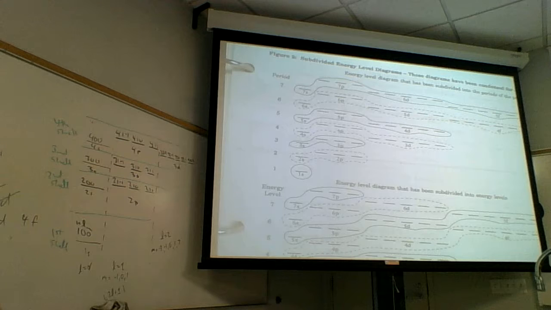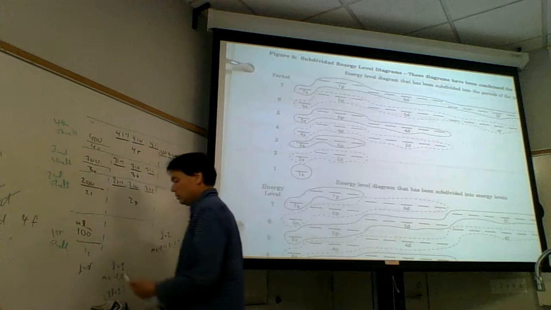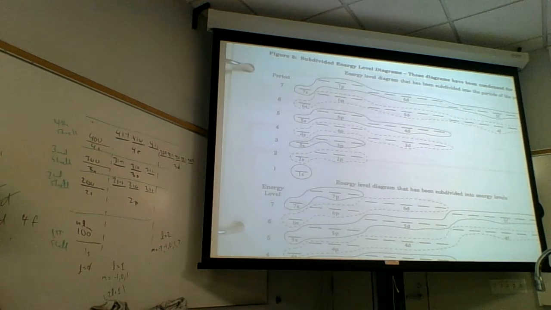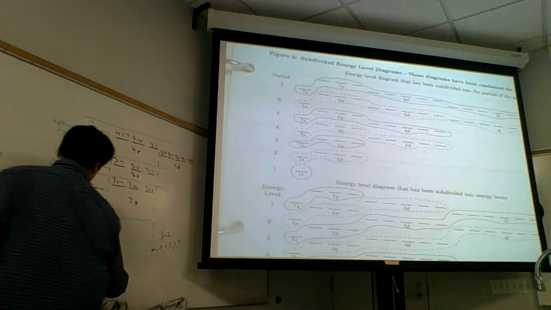These come from the Schrodinger equation. What this allows us to do is place the electrons into these orbitals. Normally we'll start off with the lowest energy, like hydrogen. The hydrogen, if we put the electron